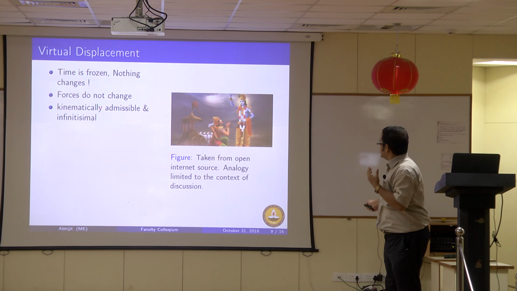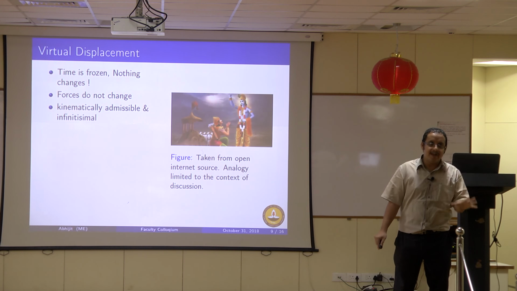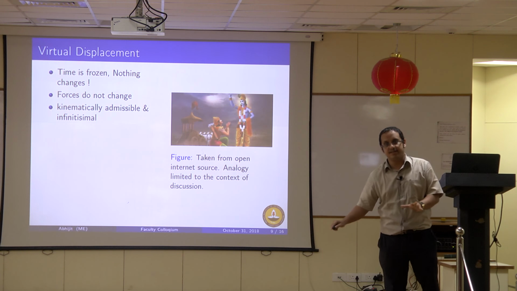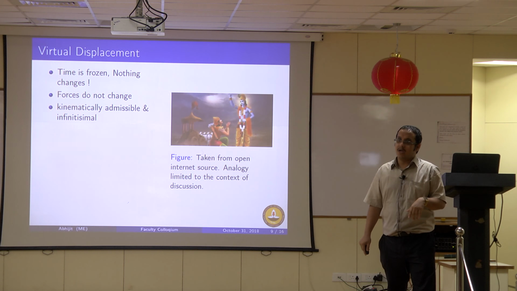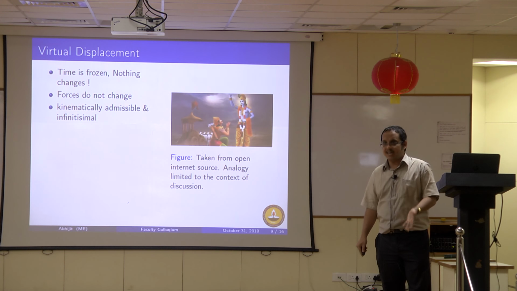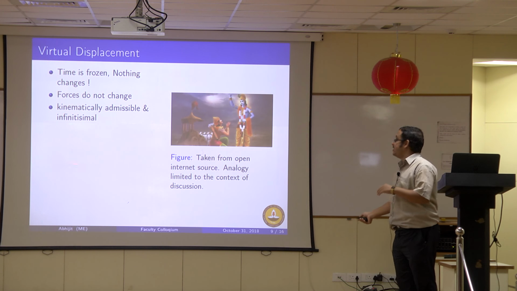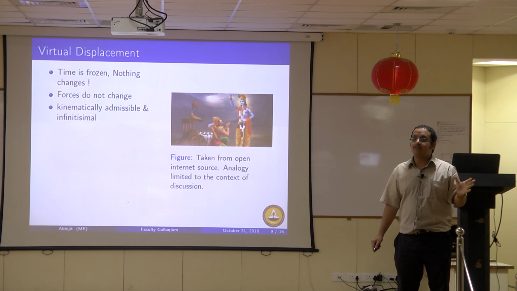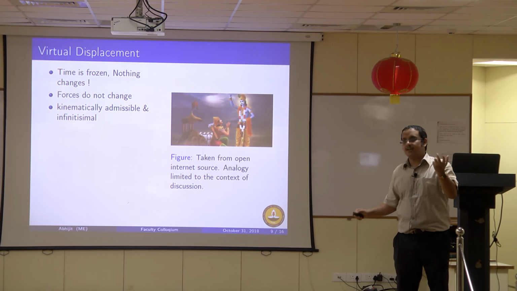So all the constraints have to be enforced: the kinematic constraints, which ask the body to remain where it should be. If it is on this surface, then I have to remain on this surface. The virtual displacement I am taking now cannot violate this constraint that I have to stay grounded. That's what I mean by kinematically admissible, and it also has to be infinitesimal. So that captures the notion of smallness. When I say small, I actually mean infinitesimal. That means second order terms in your Taylor series are not important, right? Everything can be linearized around that first term.